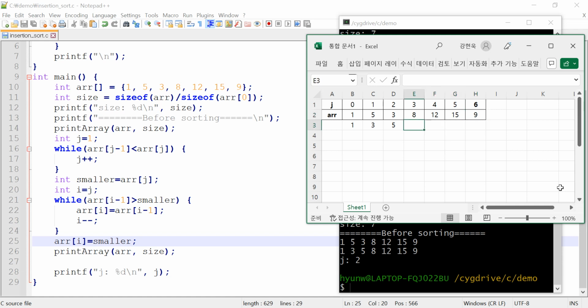So 8 12 15 and 9, and what will happen is that 15 will